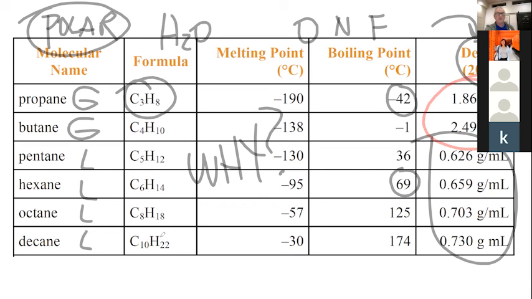What kind of interactions do polar molecules have? It's right in the word polar. Was it dipole or something? Dipole. There you go. They have dipole interactions, which are fairly strong. And hydrogen bonds are even stronger than that. They're a special, very strong dipole interaction. It's basically what a hydrogen bond is. But